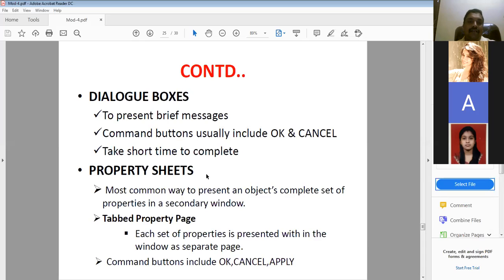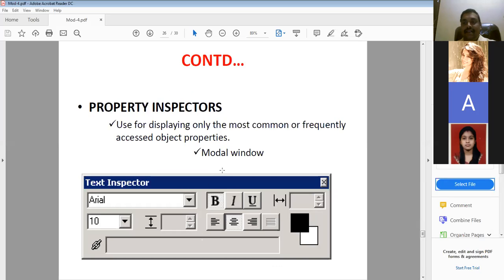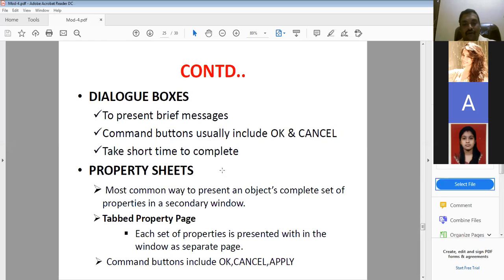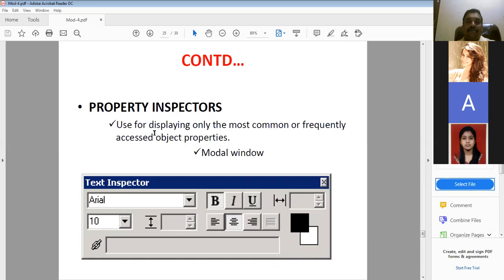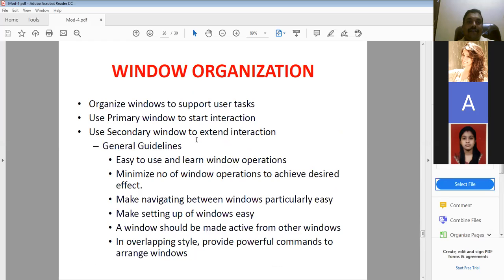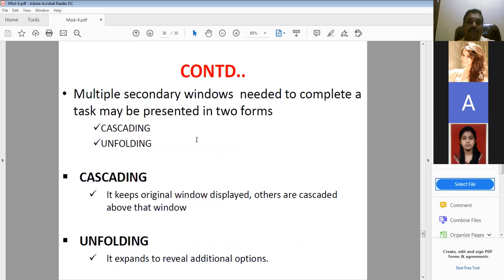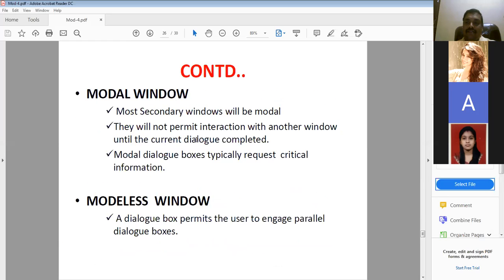If you look at any window, you might have seen OK, Cancel, or Yes or No. These types of options come up. That is the property sheet of the dialog box. This is one of the examples, property inspectors. This is all with respect to the window types and the properties.